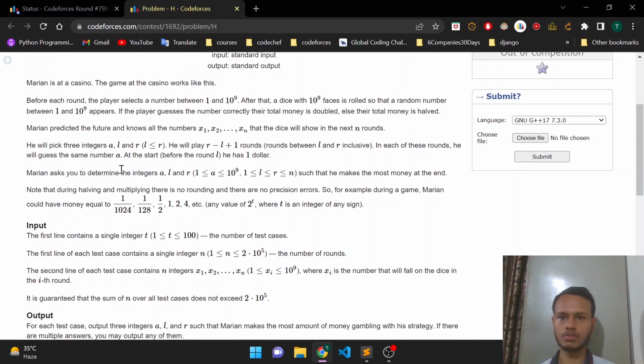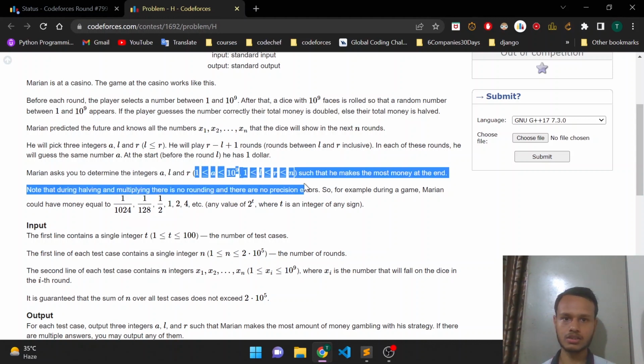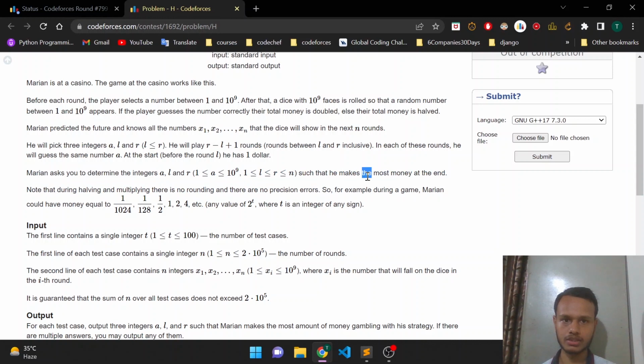Determine the integers A, L, and R such that Marian makes the most money at the end. Note that during halving and multiplying there is no rounding and there are no precision errors. So for example, during a game, Marian could have money equal to these, etc. Okay,